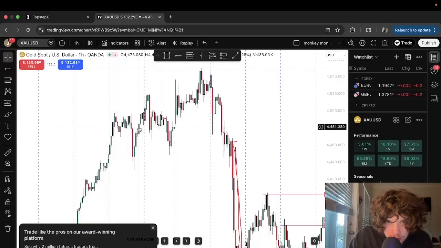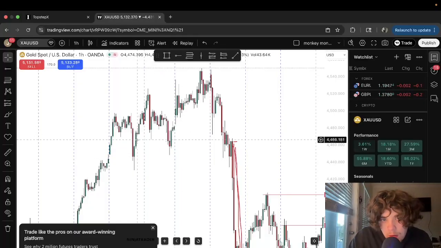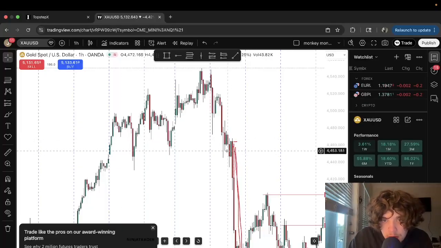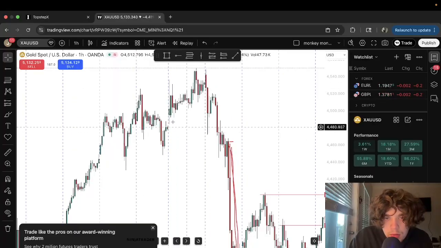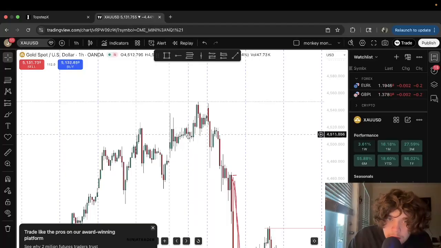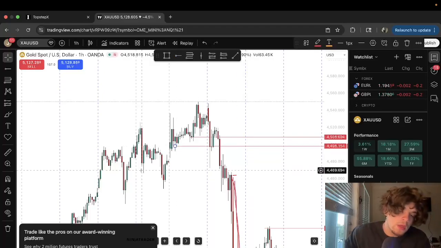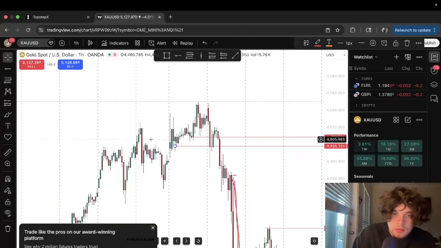There was no low that was broken here. I can't even call this a low. This one was never broken until all the way down here. But what you really wanted to see was this. This move down, then it moves up. Low, low. Mark it out. And you want to see the lowest low, honestly, because sometimes structure will look like it's being broken, and it lies to you. Just like this.